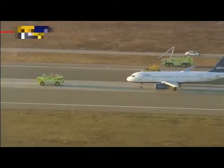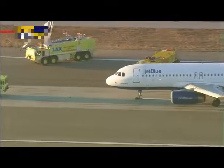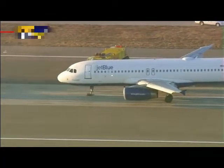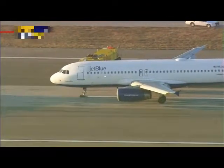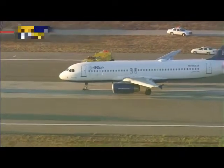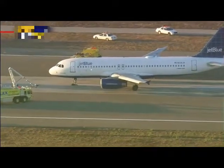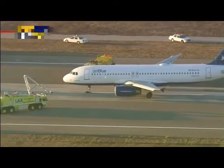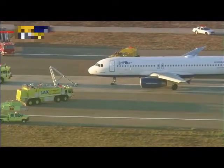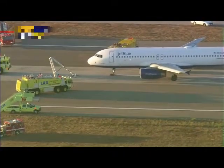And in just moments now, what you'll see is the emergency doors opening up, and everybody will use the emergency chutes at the direction of the flight attendants. You can see on the left side of that JetBlue flight 292, 1, 2, and 3 doors there. They'll be opening any moment now. They will deploy the emergency chutes, and then one by one, each of those passengers will be deplaned. If anybody was injured during the landing, that's unclear right now. But if they were, there are fire crews and paramedics standing by to take care of everybody. There are 3 rescue helicopters on the ground here at LAX as well. If anybody had to